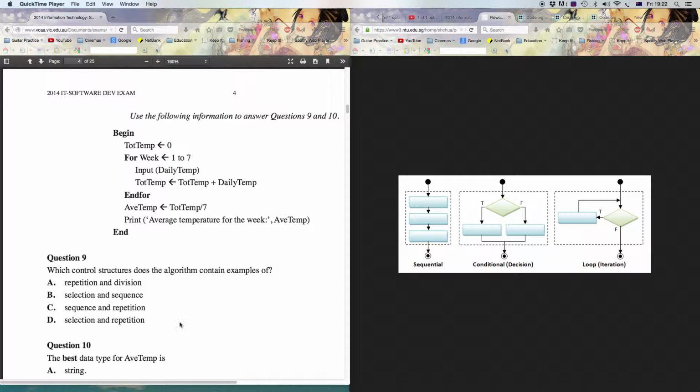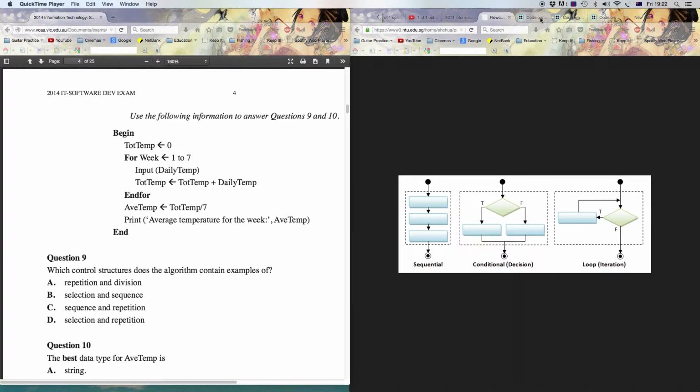Last one, we call this repetition. So repetition is a loop, iteration. We just keep on looping until a condition fails, and then we exit the loop. Loop, loop, loop, until it becomes false, until that condition is exhausted, then we exit out of that. We've done this a lot in